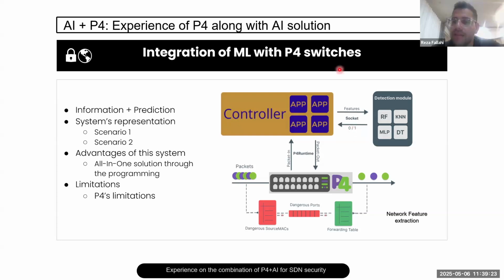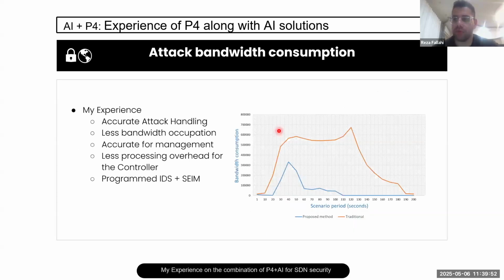And I have added this externally to prevent enforcing the controller to have more processing. Okay, we can add this to the resource of the controller, since AI solutions actually need some kind of resource. And for the final results, if you're interested, you can see my P4 HTTP guard article. It was in the cluster computing of the Springer results from my other previous works.